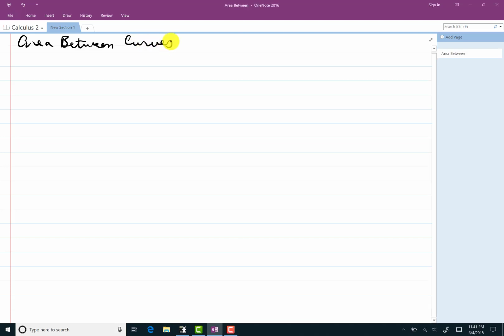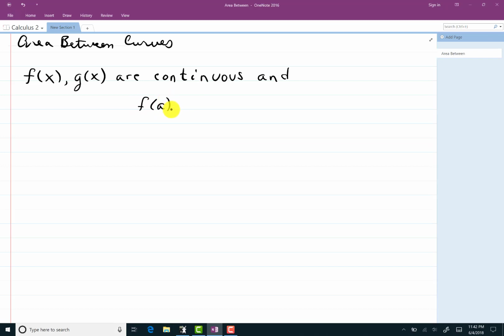Typically, what we have is functions f of x and g of x that are continuous, and f of a equals g of a, f of b equals g of b,